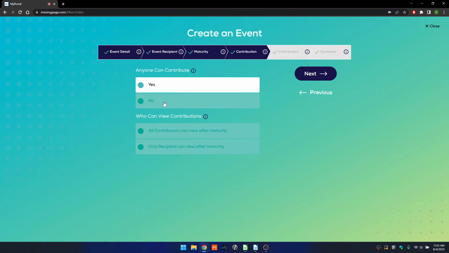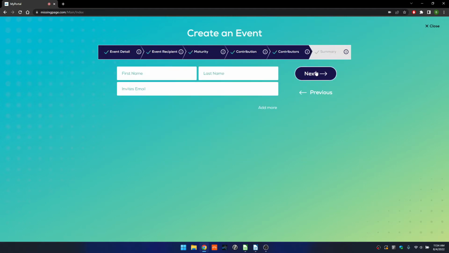The second option here, Who can view contributions, allows you to choose if all contributors can view the messages or if only the recipient can view it. Since this is a birthday celebration, setting the flag for all contributors can view after maturity may be the best choice. In the next tab, Contributors, we need to list the email addresses of the contributors, even if the previous